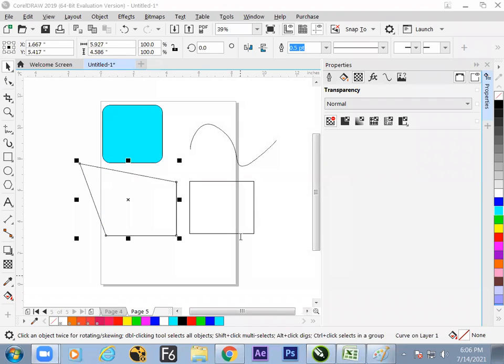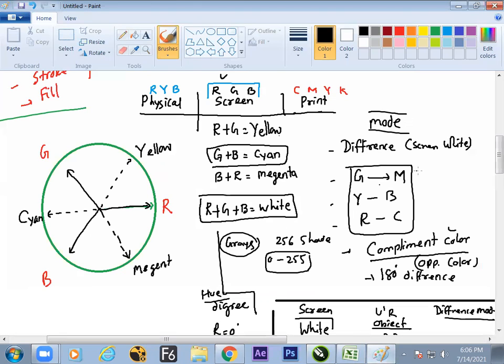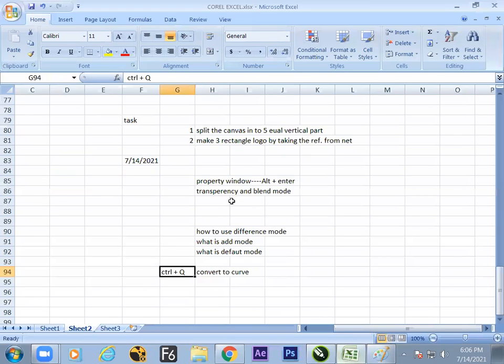Okay, thank you, Pawan. I've taken more of your time. Hope the session is clear. We have revolved around some color theory, but hope it helps you. The task of the day: make the basic property change, use the blend modes and make a simple design in CorelDRAW. Use blend modes and basic properties to make a logo design. The same questions we learned in the last lesson may come again. We'll go through convert to curve in the next session in a very detailed manner. That's it for the day.